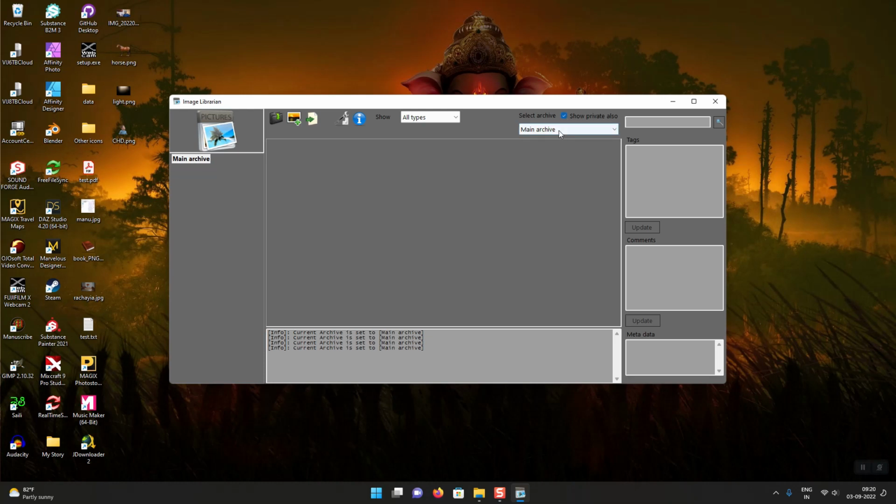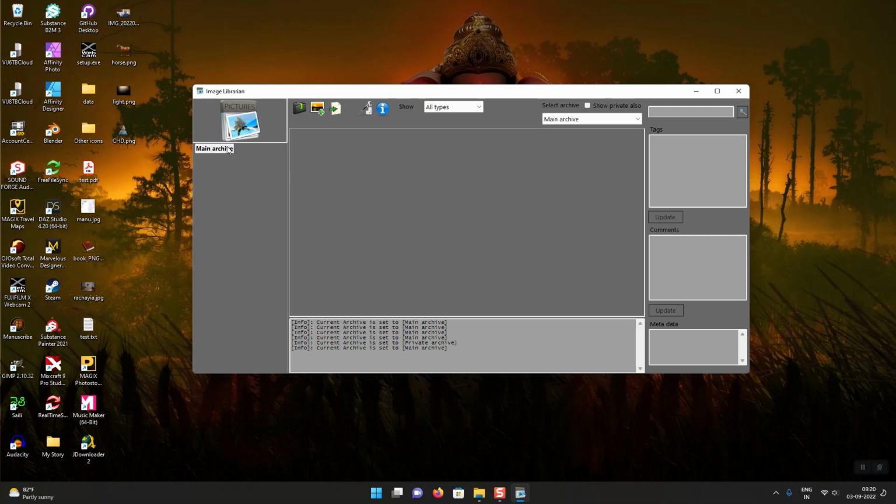So if you select private archive, it will ask for password. As I said, the password is simple, 123. It is not encrypted or anything. It is put as 123. You can change the password. It doesn't mean anything actually. It is only to safeguard your privacy to a little extent. So now you can see your private archives. Now if you don't want to see your private archive, you can uncheck this box and set